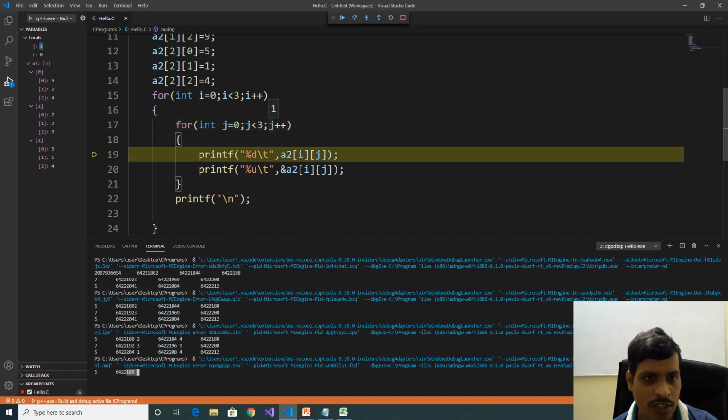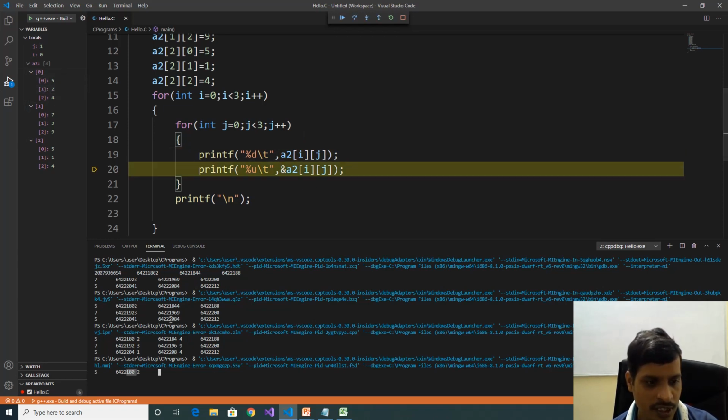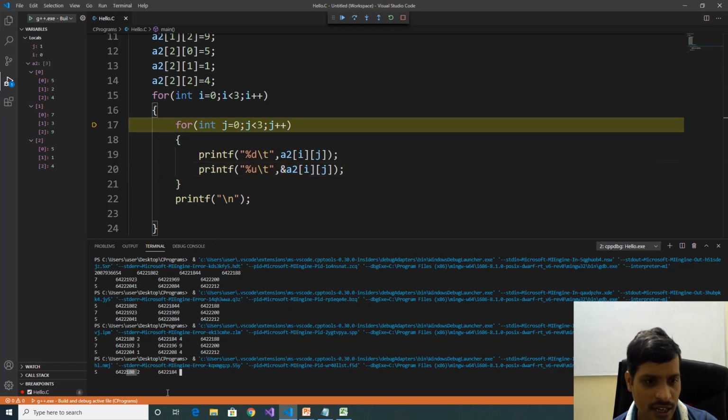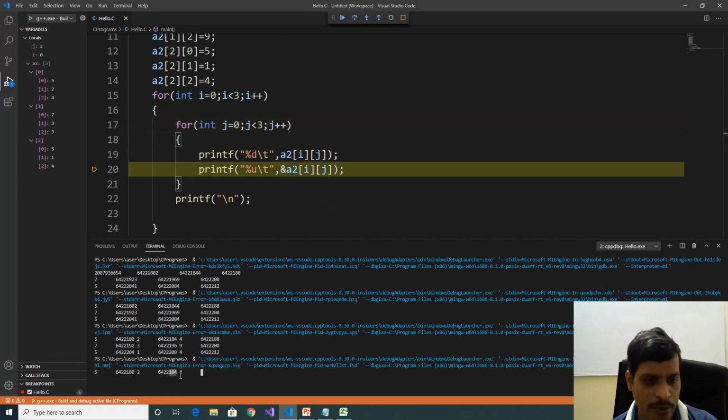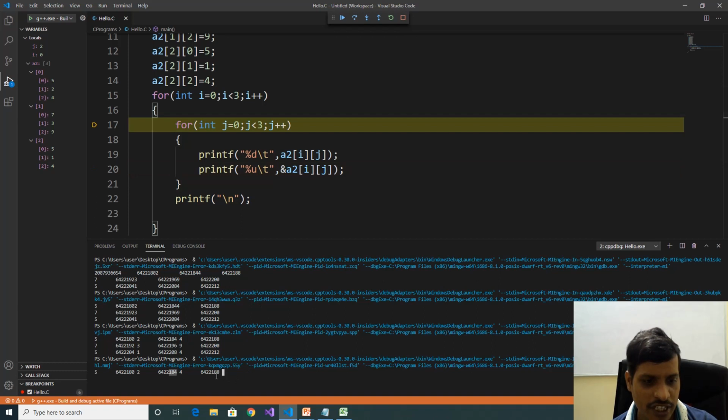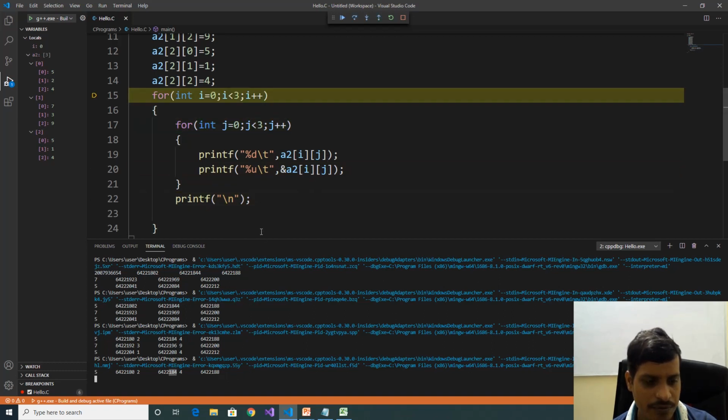Here j is equal to 1, 1 less than 3, true. Here 0, 1. Here 0, 1 is 2. Here 2 printed and then address. Here 184. If you see the addresses, array address contains continuous memory location. Here 180, here 184. F11, 4 printed, later address, here 188. Like that it will continue.